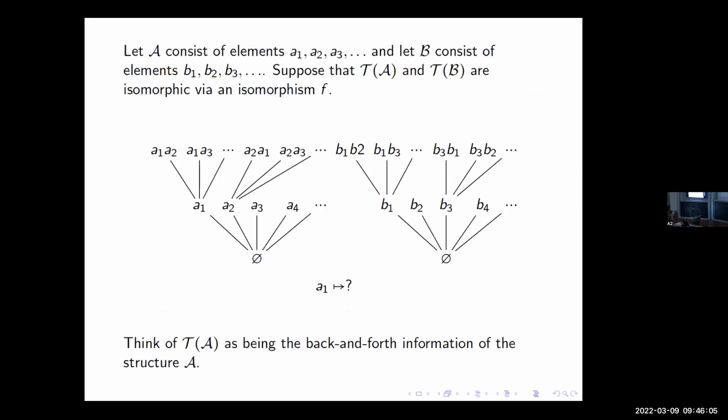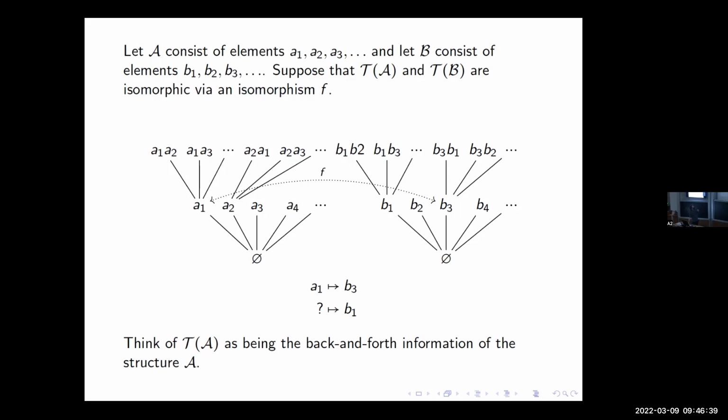So maybe it's helpful to just think about what the back and forth argument does. You got these 2 structures and they're 2 trees. And we're going to assume the 2 trees are isomorphic. We want to build an isomorphism between the structures. So back and forth says, okay, we have to take A1 from A. Who's it going to map to in B? Well, the trees are isomorphic. So this one tuple corresponding to A maps to someone over there, like B3, in the tree. So then that means that they have to have the same labels. So as atomic types, they're the same. So we can map A1 to B3, and that's a partial isomorphism.